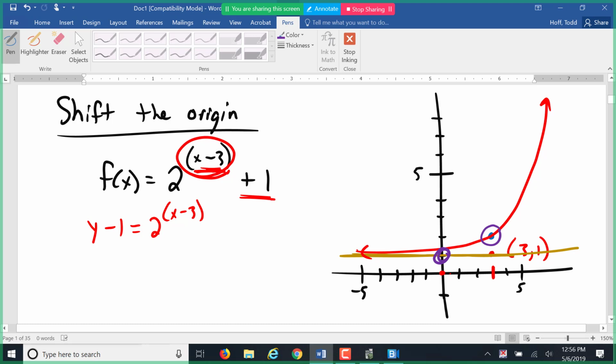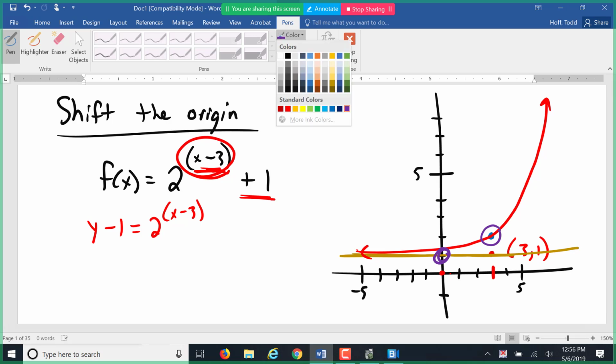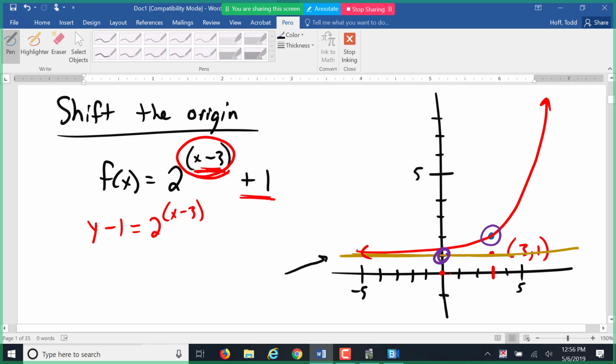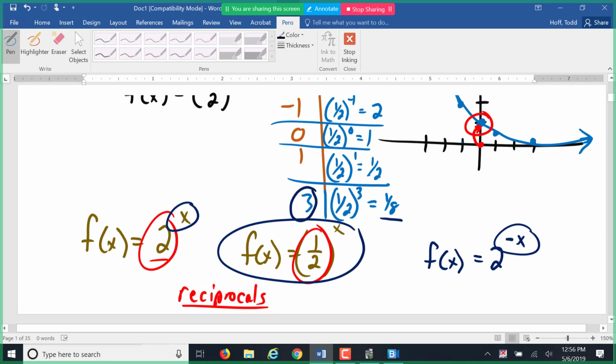So why did I draw in that light brown line, that tan line? Well, because that is something we've mentioned before called an asymptote. It's a line that our graph can approach but never equal. As we move off to the left here, that curve is going to get closer and closer to that line. In this case, it's y equals 1. It's never going to equal 1. I can get out to negative 200, it's going to get really close to 1, but it's never going to equal 1. Just like up here,